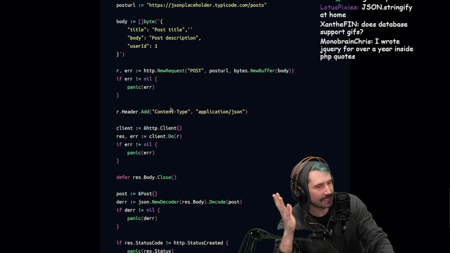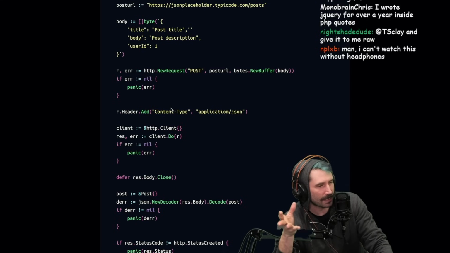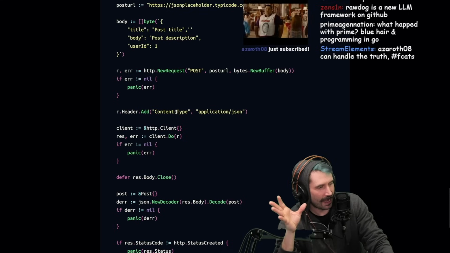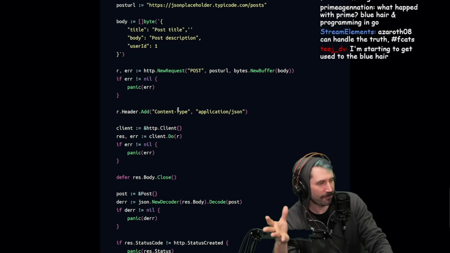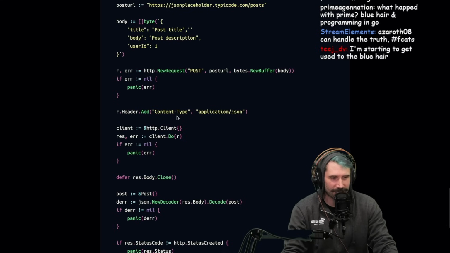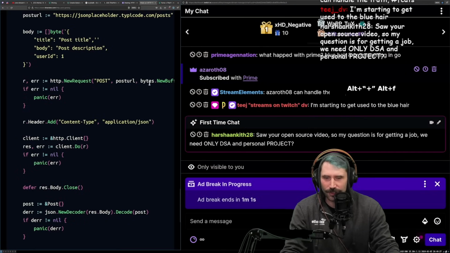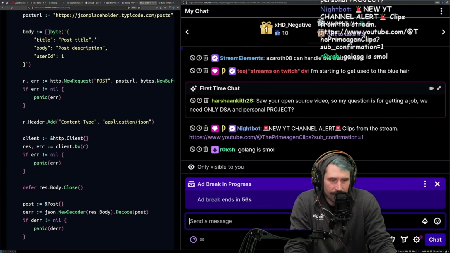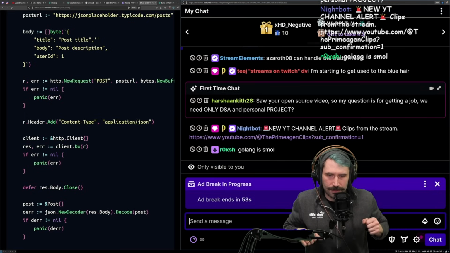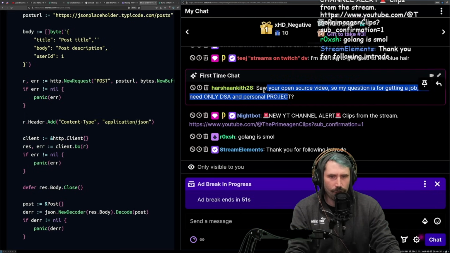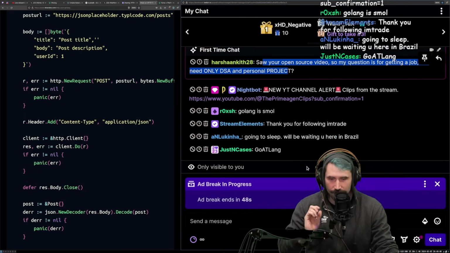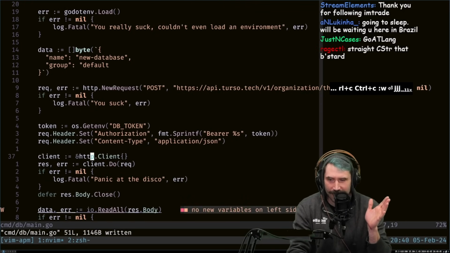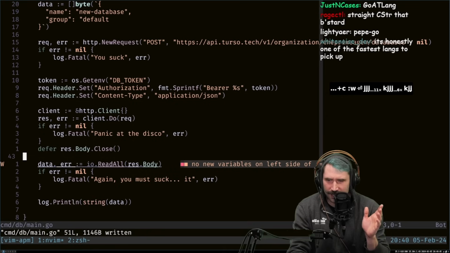Isn't it great? I literally barely know Golang. I get to program it like 3 hours a week, and I already feel pretty good with Golang. I'm starting to get used to the blue hair. Yeah, that's pretty reasonable. I already feel pretty snazzy on the old Golang. I'm not great. I don't think there's an only need. Golang is small. There's something very nice about Golang. Don't make a generalized linked list. That doesn't sound fun. But everything else sounds good. All right. Anyways,